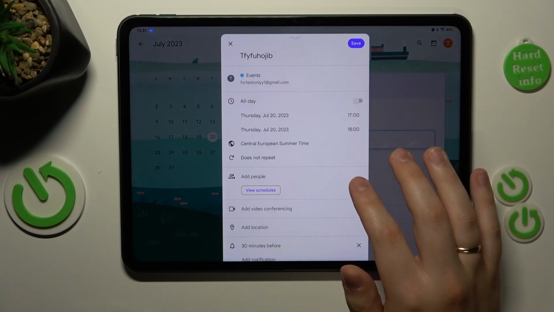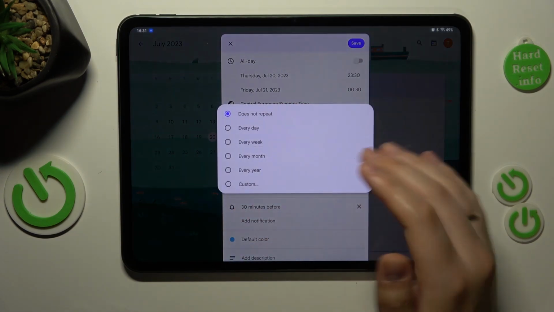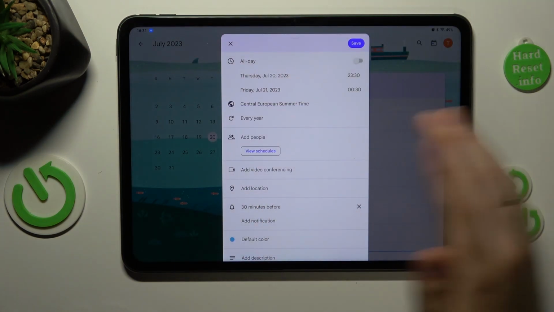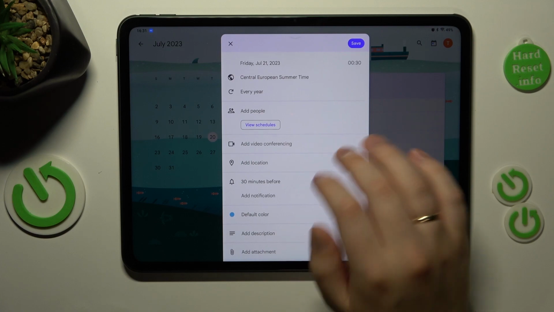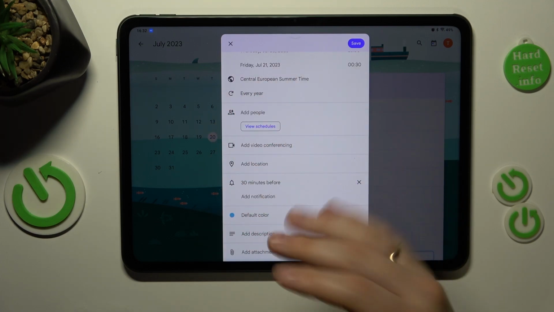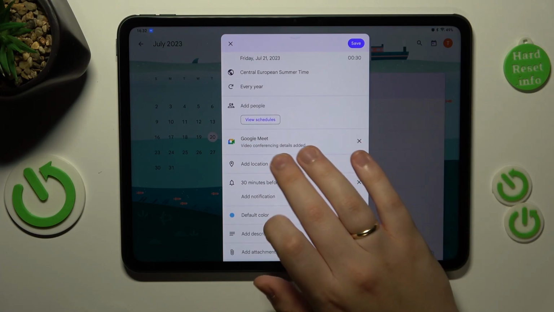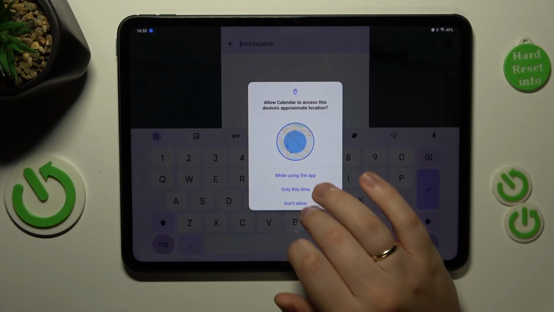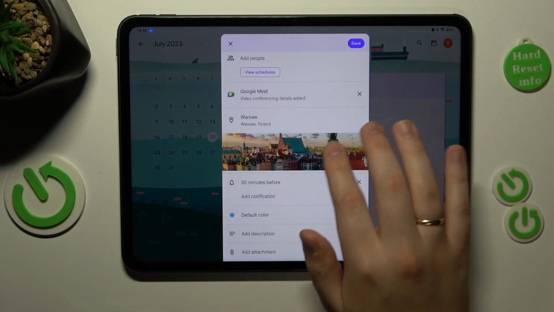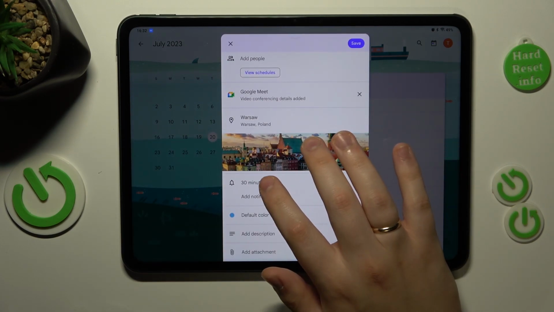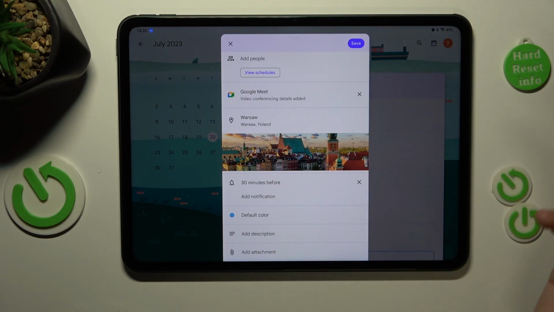you can change the date as well, the time zone, repetitiveness, you can make this event a reoccurring occurrence if that makes sense. You can invite some other people, thus participants, add the link to the video conference, set location, set the reminder or notifications for this event, so making extra sure you will not forget about it or miss